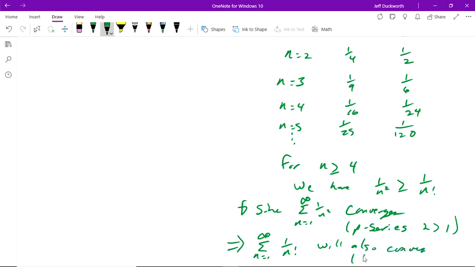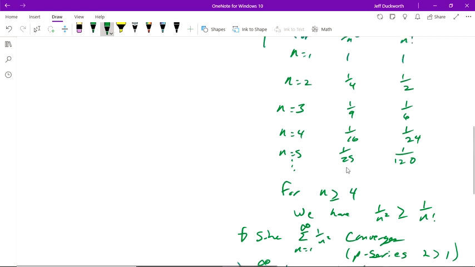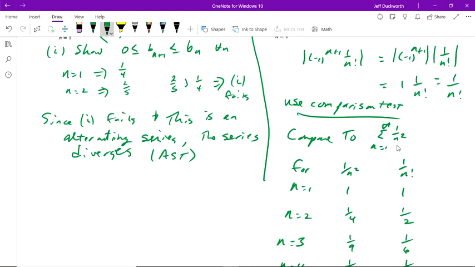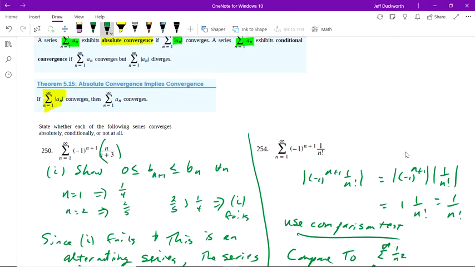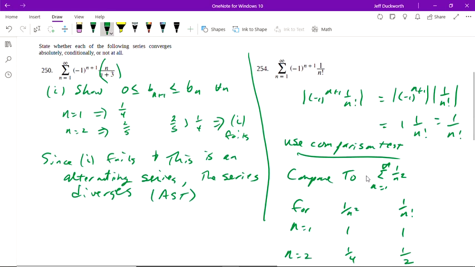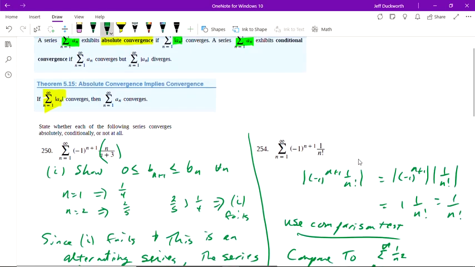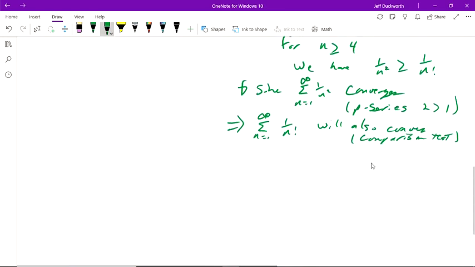And this is the comparison test. Now, we've shown that the absolute value of our series converges. That means that the series itself will converge as well. So, therefore,